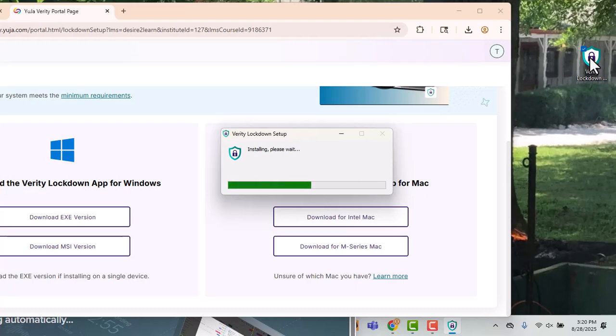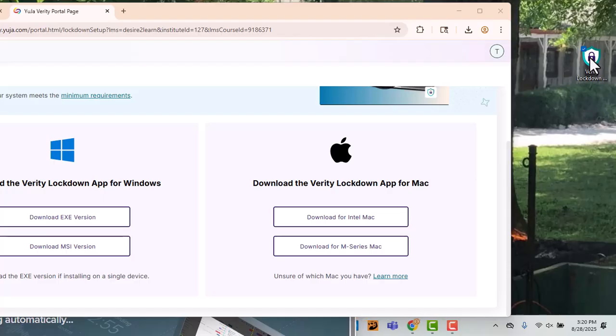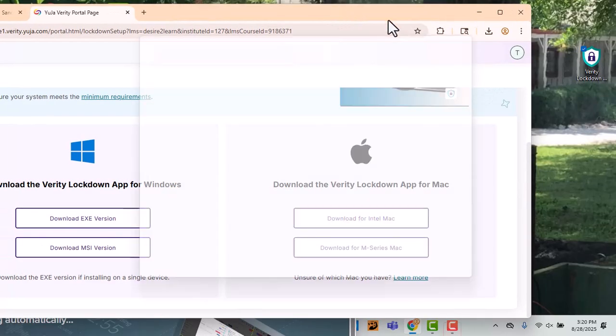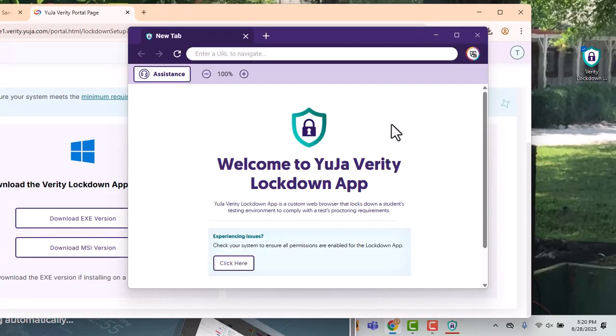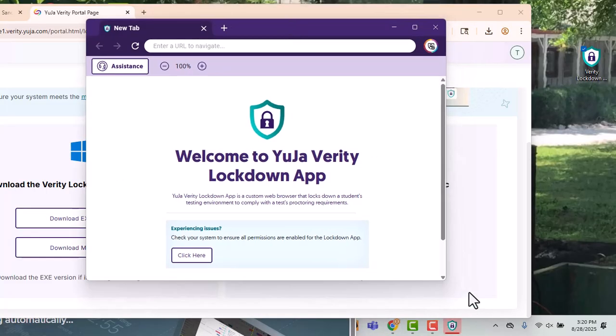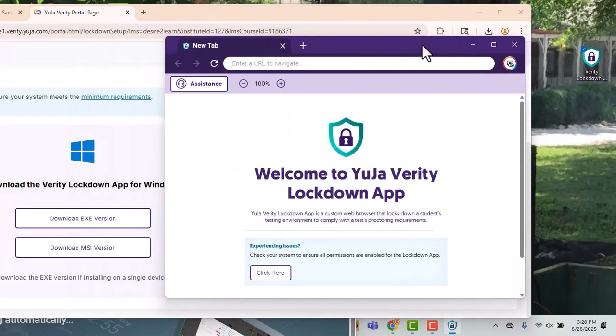You may be prompted for a password if your computer is password protected. If not, once the install is finished, you'll see the browser open up as is exampled here, and you've installed the UJA Verity Lockdown app. I'm going to go ahead and close this window,